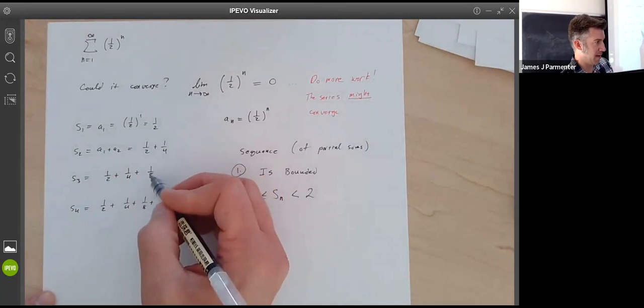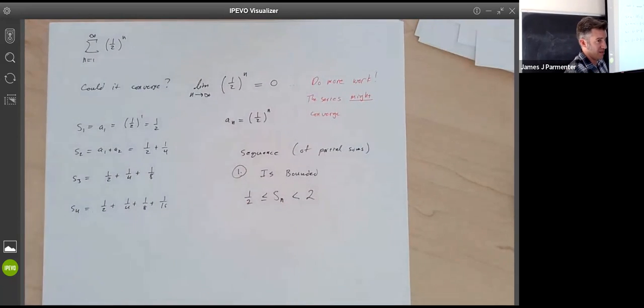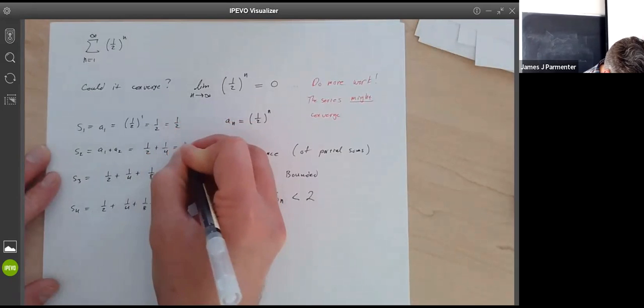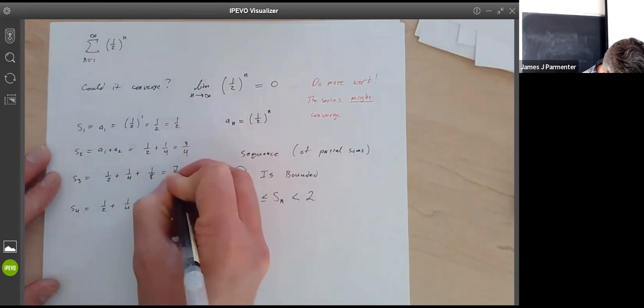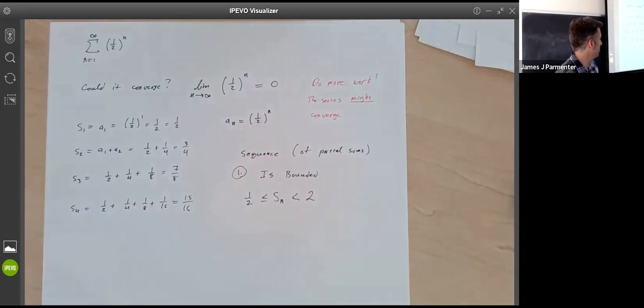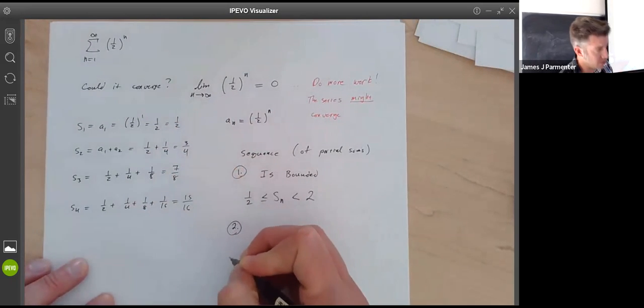I added half of that. I'm an eighth of the way from 1. I added half of that. I'm a 16th of the way from 1. Each time I'm still not even getting to 1. In fact, we could write the pattern out, and as we start writing it out, it becomes really evident what the pattern for this nth partial sum is. But we don't need that, because if your sequence is bounded and certainly